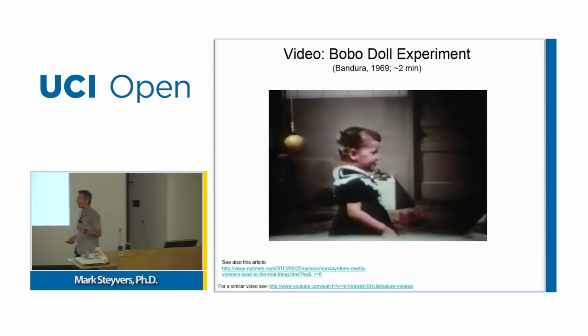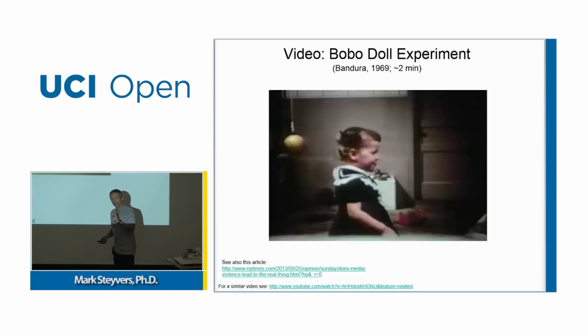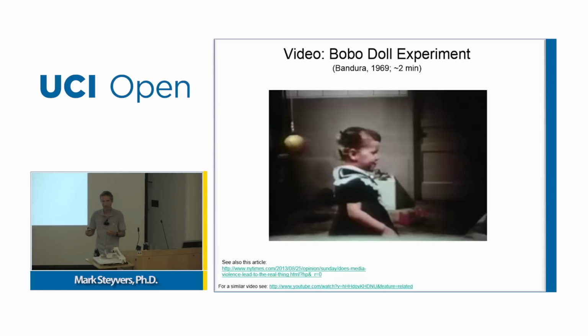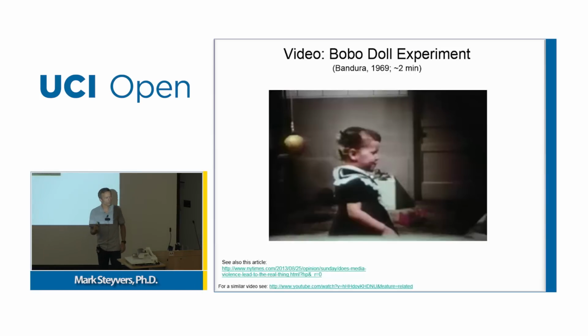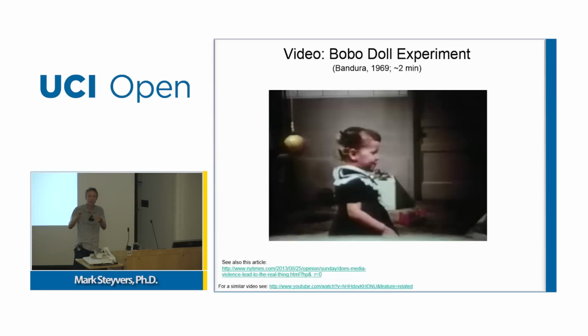An interesting part of the experiment was that if another adult entered the room while the first adult was showing this aggressive behavior towards the Bobo doll and said, "That's not appropriate, you should not display this behavior," then the children who watched this exchange were not as aggressive as when the second adult came in the room and said, "Oh, that's great what you're doing, please continue." So children not only watch the person doing the thing, they also watch adults interacting with each other and see if there's approval or disapproval.